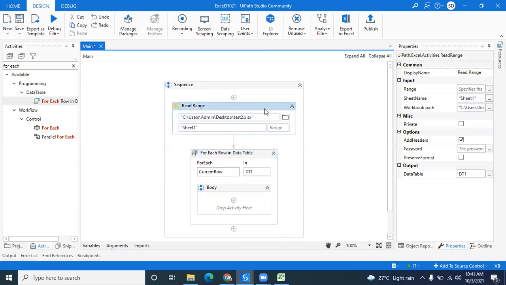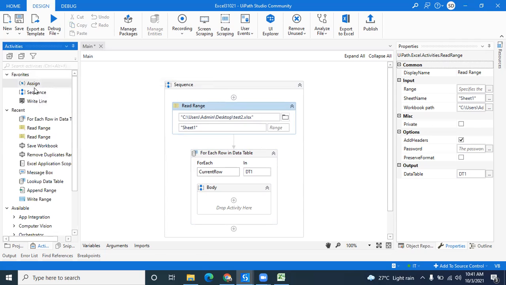Whenever you are creating it, let's say I'm clicking on this read range activity, and by using the Control K key, I have created the DT1 variable. After creating this variable, it is available in the whole sequence. Whenever you are taking any activity, it will appear and we have to select it.